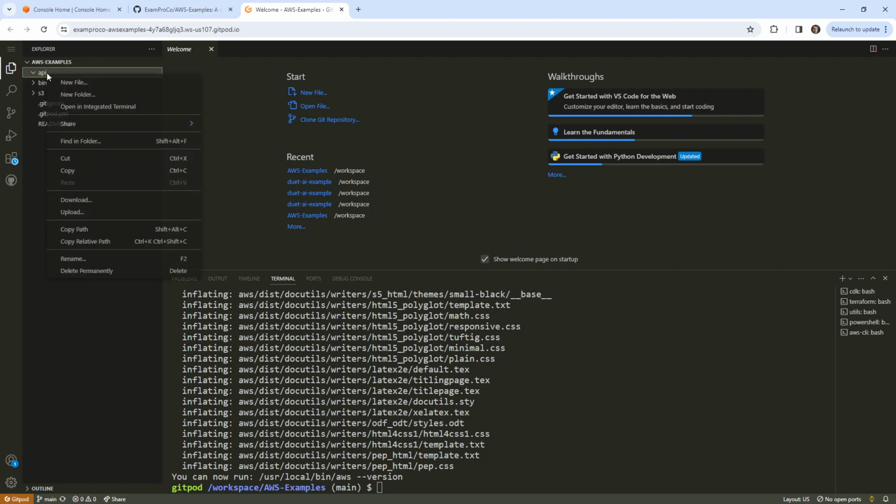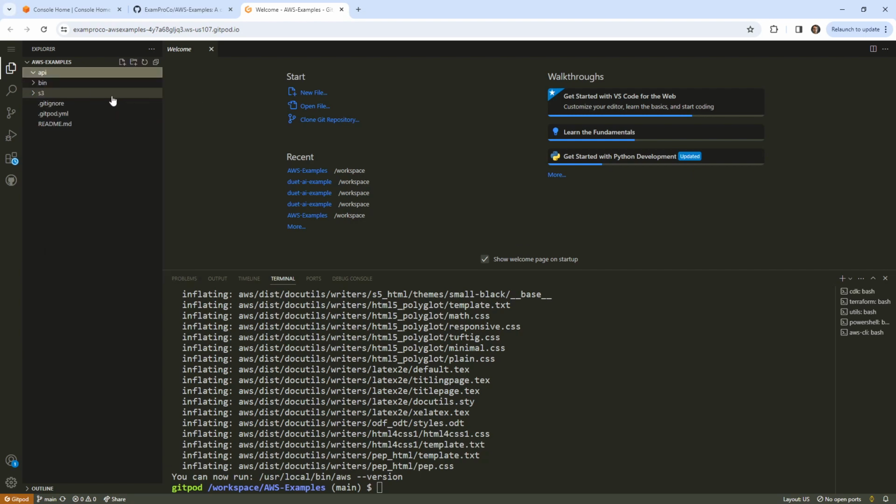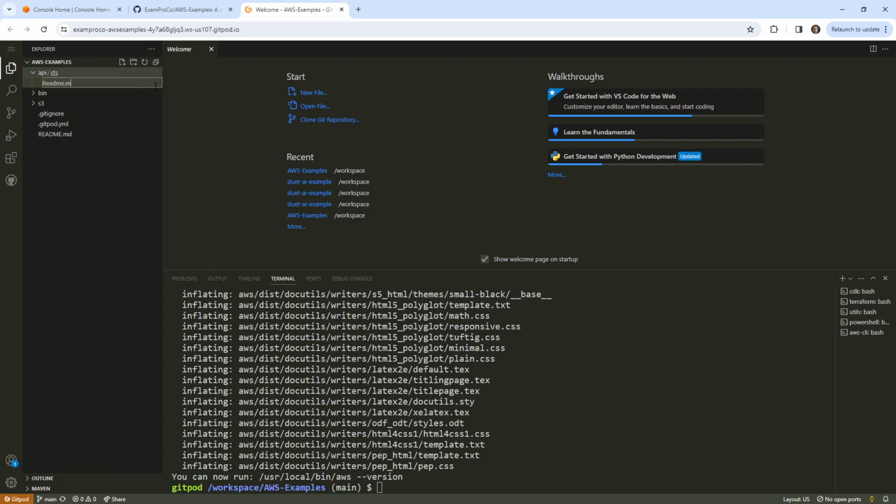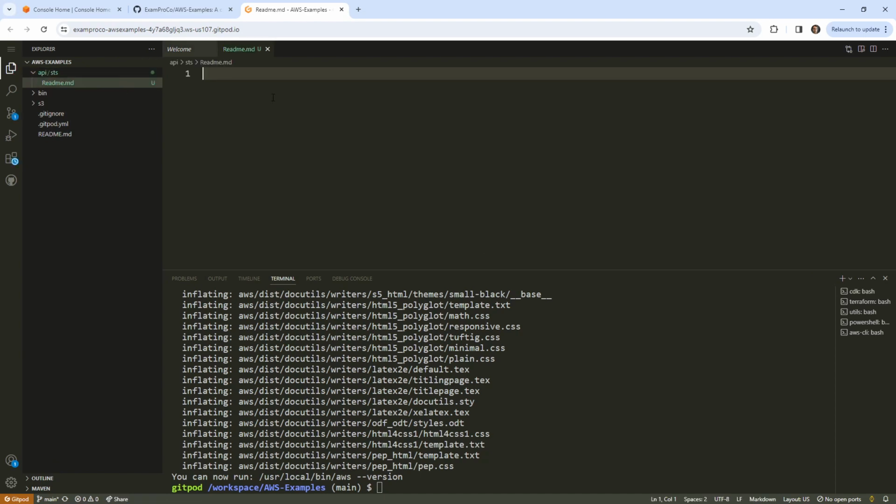Anyway, I'm going to make a new folder in here, and this is going to be for STS. And we can authenticate with STS either using the CLI, which is a very easy way, but we can also do this using the SDK. But we'll just go ahead and create ourselves a new README file so we can get started, because there's a couple things that we're going to need